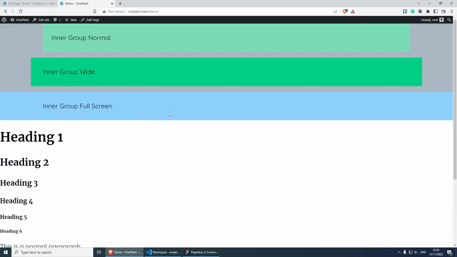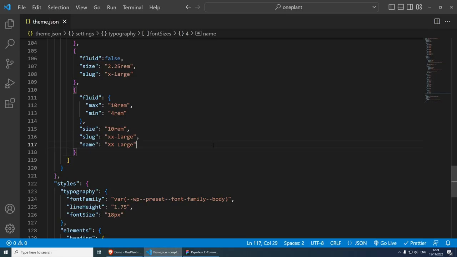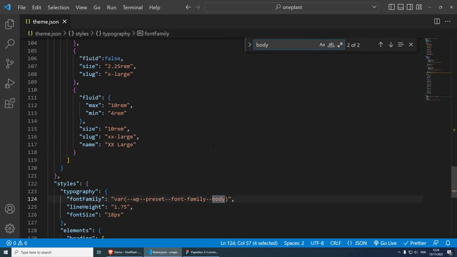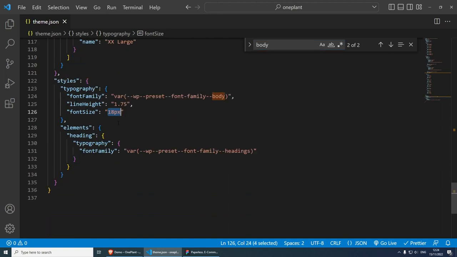Now, if I refresh, you will see that obviously nothing has changed, but what I want to do for the body text, let's find it super quickly. I'm going to search for body, and here where we have the font size, I want to make sure that this is using the medium size, which is going to be under a variable, and then inside here we do dash dash wp dash dash preset dash dash font dash size dash dash medium, and hopefully